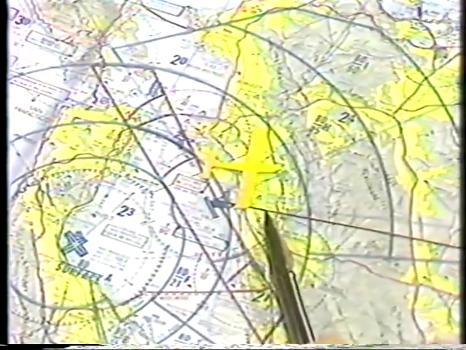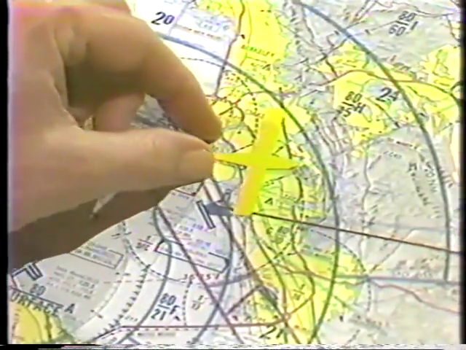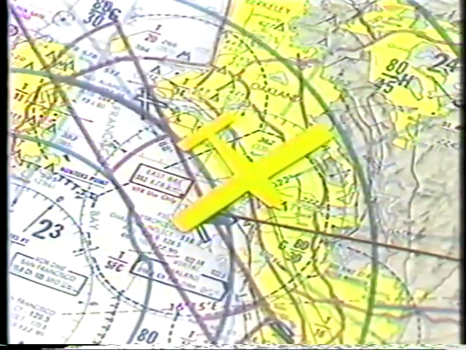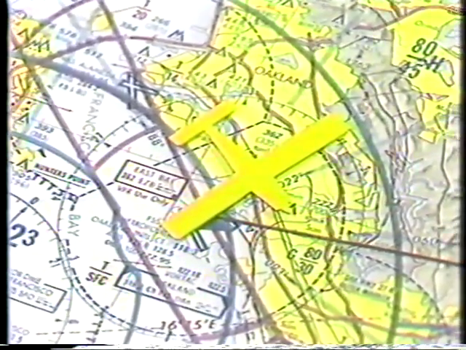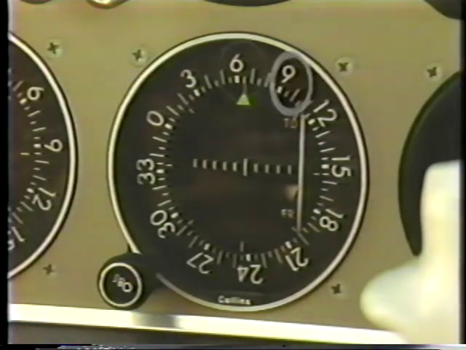We fly onto the course with a procedure called intercept. Close to the station as we are, an intercept angle of 30 degrees would be adequate. When the CDI is on the right, indicating the course we wish to intercept is on our right, we add the intercept angle of 30 degrees to the 065 degree radial we wish to intercept to establish the heading we must fly in order to intercept. To avoid errors in arithmetic so likely to occur in flight when you are working the problems in your head, use the OBS as an aid. Simply count 30 degrees to the right of 065 degrees.